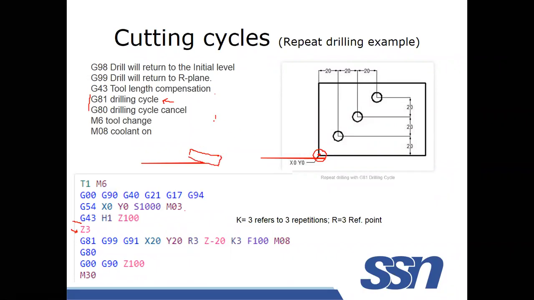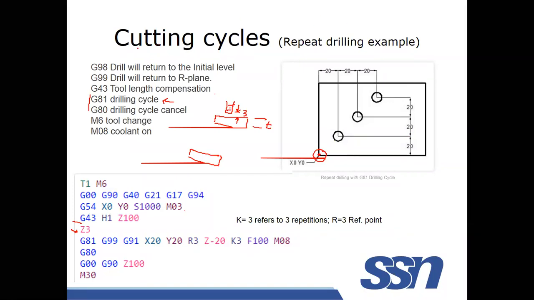This is not a proper diagram. I want to make a horizontal line, but it is malfunctioning. So this is my tool, the drilling tool. This distance is 3 mm, which means we are keeping the tool very close to the surface of the workpiece. This is the thickness of the job. The top view is given in this diagram.